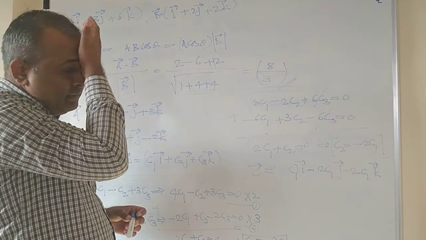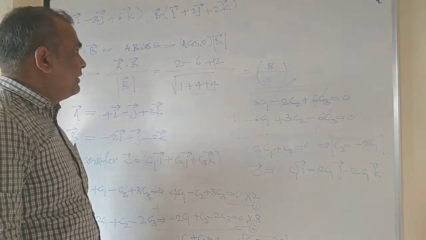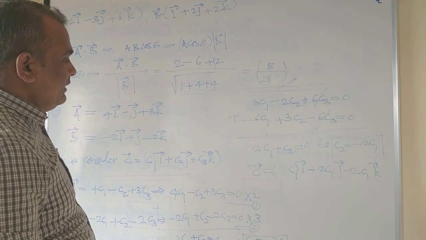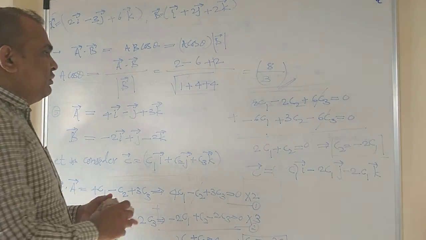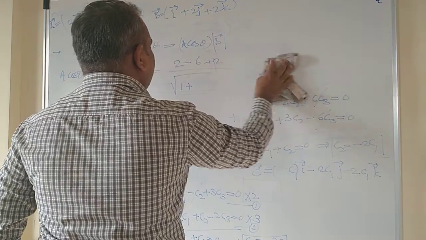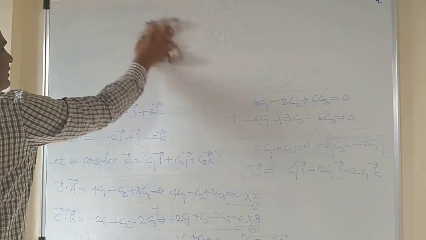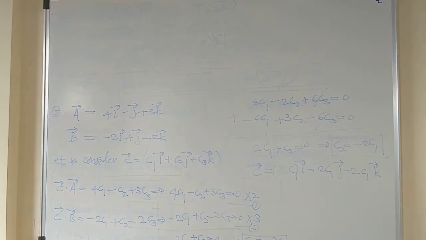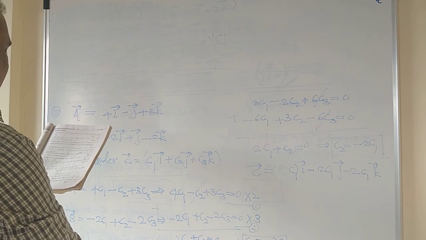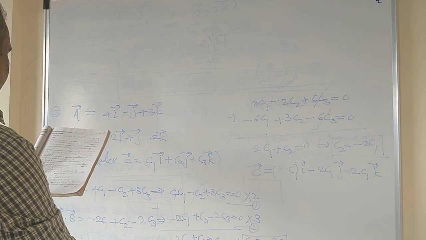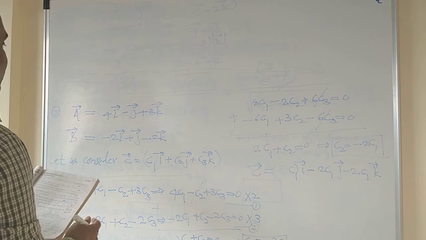In terms of C1. You can take out C1 common for C bar, right? And then you can solve the problem. Let me report the upper part. And what you have to do, what you are asked to calculate in the problem, let us read the problem again. Problem number 5. A bar and B bar are the vectors. Find a unit vector perpendicular to both A bar and B bar.